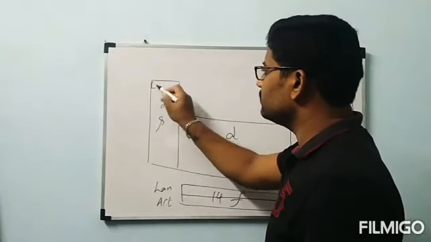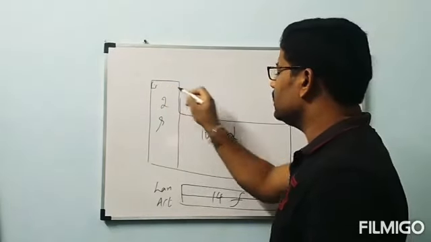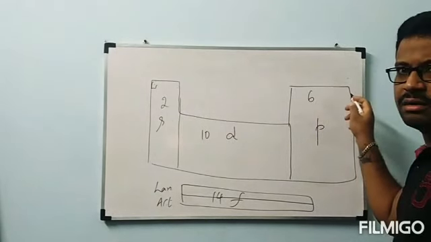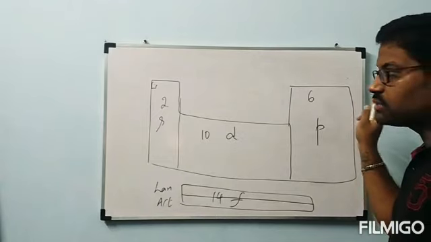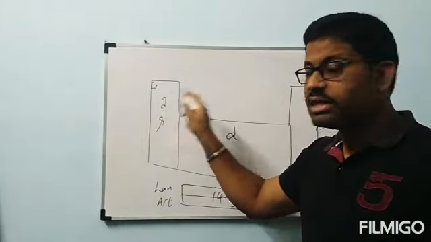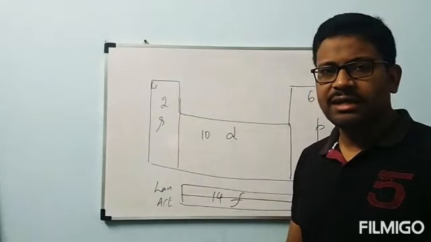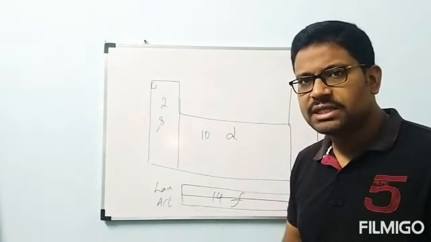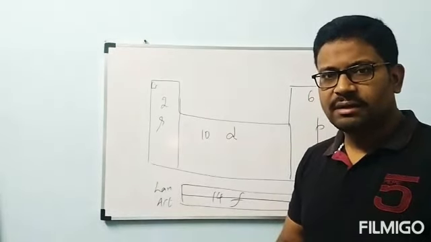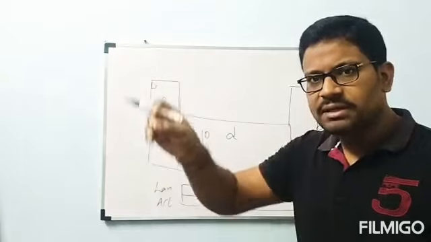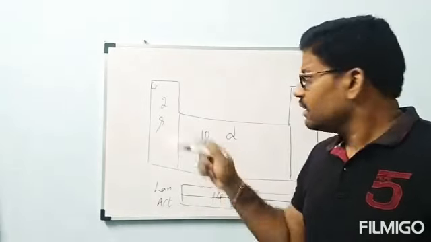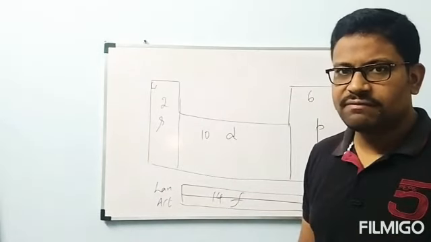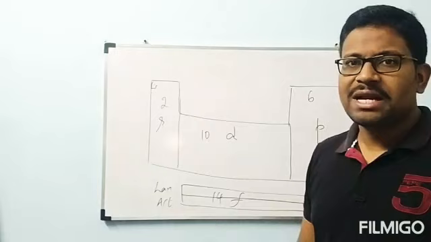If you consider lithium, beryllium, boron, carbon, nitrogen, oxygen, fluorine, neon. After neon, sodium comes. That sodium resembles the properties of lithium, which is why sodium is kept under lithium. Like that, repetition of properties happens, and that repetition of properties is called periodicity. Periodic motion is when a bob repeats its motion. Here also, lithium's physical and chemical properties are repeated with sodium after certain intervals. That is called periodicity.